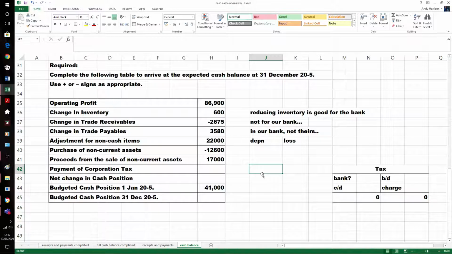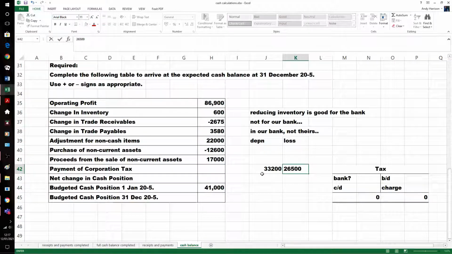Well, the question says at the start of the year it was 33,200, so we owed that. And then we owe them another 26,500. Sorry, hang on, no, it's not the right figure. Get the right figure. This is from the accounts. But we're expecting to owe them